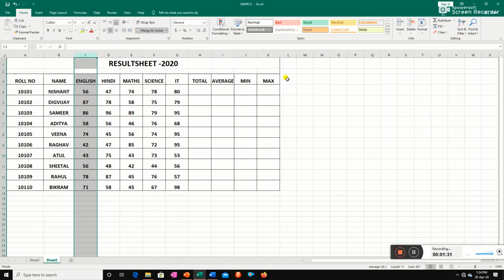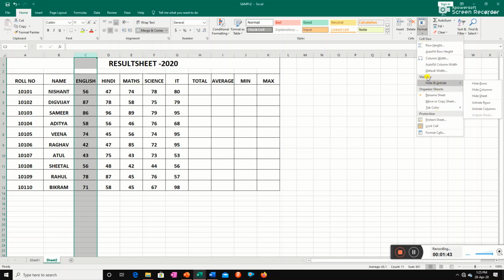In this, you need to go to the Cells group and select the Format option. When you click on this, it will display more options. We need to go to the second section, that is Visibility. Here you will see the Hide and Unhide option. Again, it has submenus.